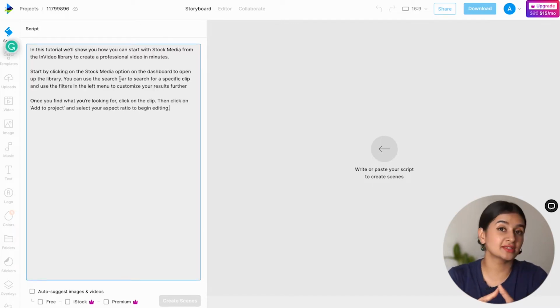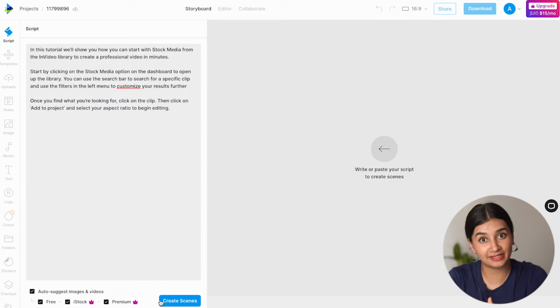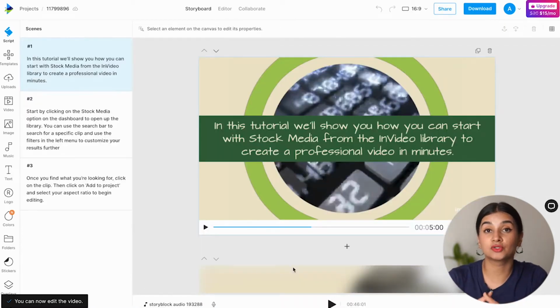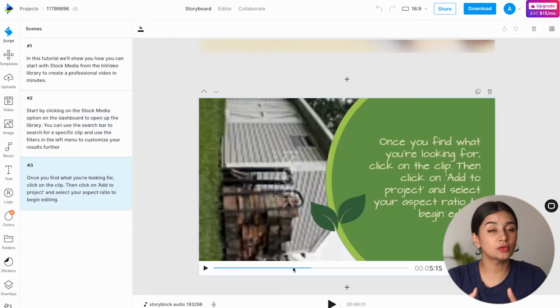You can enter your text in the script box and then check the auto image and video selection feature to allow the InVideo editor to suggest media for your script automatically. Once you click on Create Scenes, the editor will convert your script into slides with each new line of text on a separate slide. You can then go ahead and make any changes you want to the text copy from